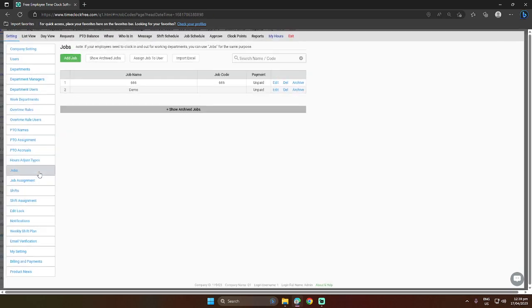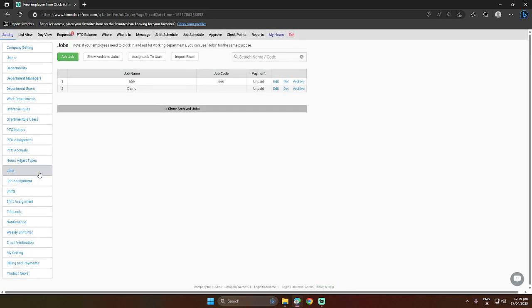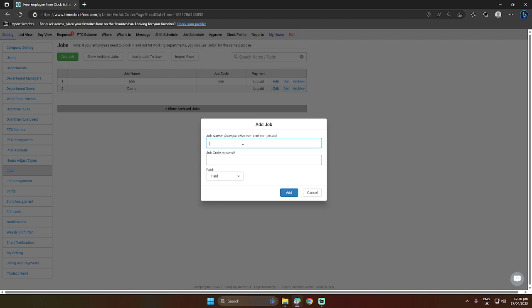The next thing we have is jobs. So this will serve as tagging on your employee's time card. You can use this option, or you can just disregard it if you want to, but this is just a tagging of what the employee is doing for the day when they clock. Let's say for example here, click add job, select a job name, desk work,